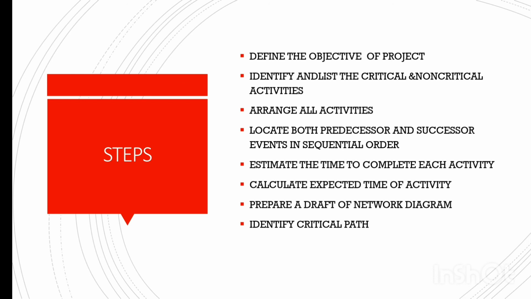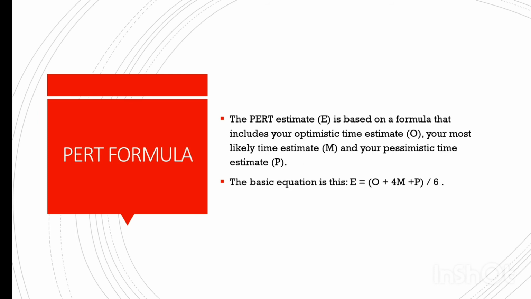So these all are the, then we are preparing a draft of the network diagram that already shown you. Then identify the critical path also, and then we are calculating the by using the standard deviation or calculate the variance using different formulas are there that will give you the exact time for each event and when to complete that event. Then I will show you the formula, PERT formula. Different formulas are maybe there.